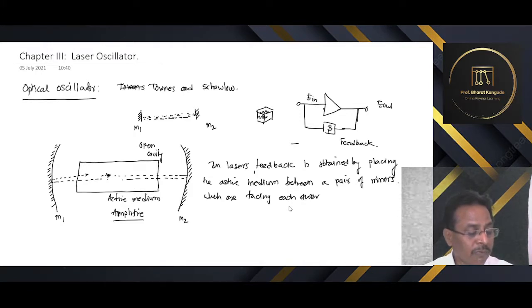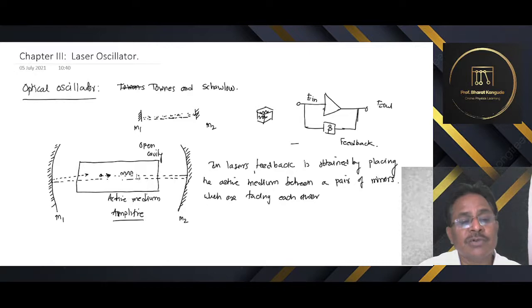The role of the input signal is played by a chance photon, any ordinary photon continuously emitted along the optic axis of the laser rod or tube, as shown in the diagram. The photon triggers many stimulated emissions in its wake, and the photons at the end are reflected back. This chance photon travels through the active medium, giving out more photons, and these photons going through the active medium again give stimulated radiation.